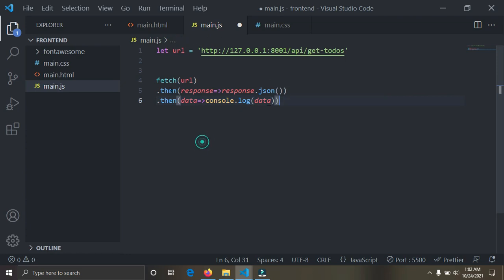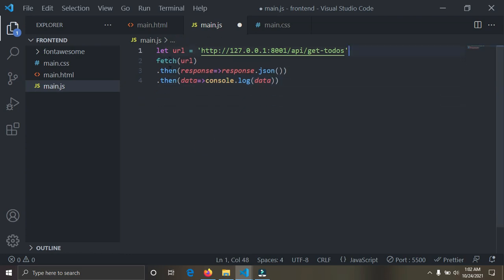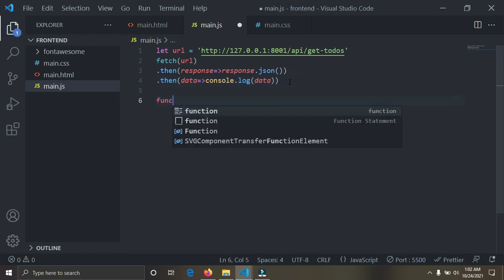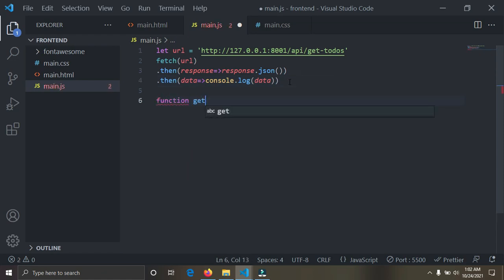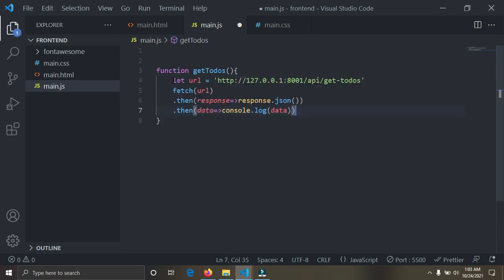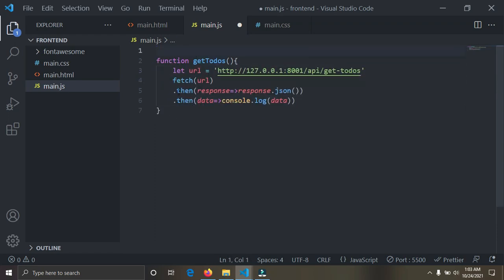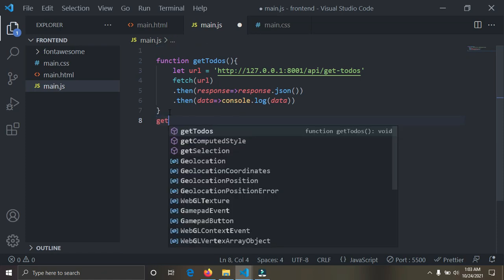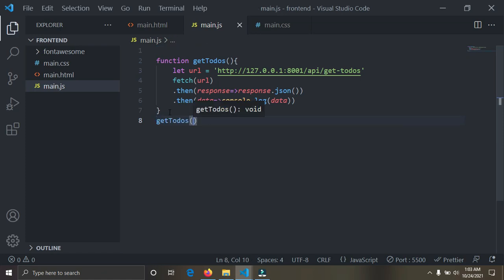So I'm going to pass this into a function. It's going to look better in a function. So I'm going to create a JavaScript function. I'm going to call this function getToDos. So now copy this and paste inside of this function. Okay, I think everything is fine. So after you create a function, don't forget you need to call this function getToDos. Call the function. And before we do anything now, this is going to get all the to-dos we have